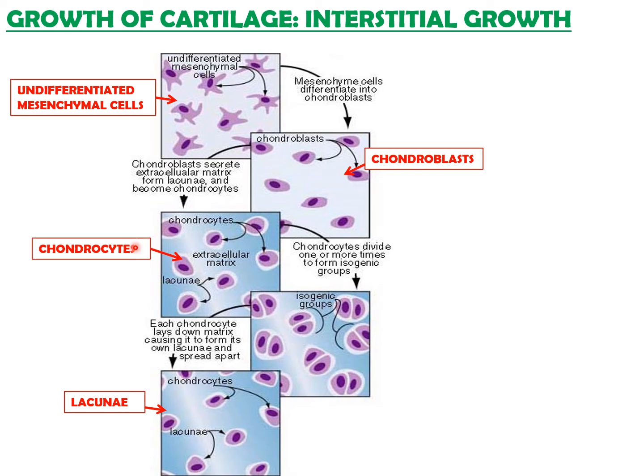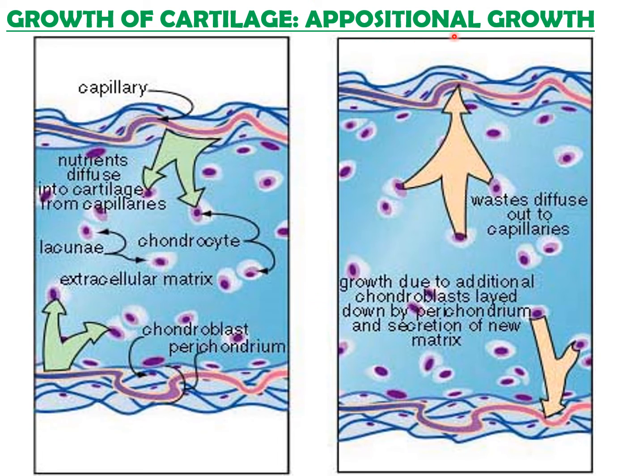Two types of growth are observed. First, interstitial growth. Second, appositional growth. You can see this growth of the cartilage in appositional growth: the cells in the chondrogenic layer of the perichondrium differentiate into chondroblasts and lay down matrix and fibers on the existing cartilage. Here you see these capillaries, which provide nutrient diffusion into the cartilage, the lacuna, extracellular matrix, and perichondrium. So this growth of cartilage is appositional growth.